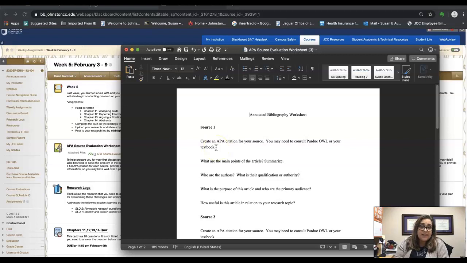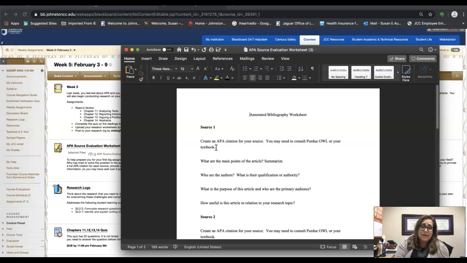So first it says create an APA citation for your source. You're welcome to use the citation generators with the databases. If you're going to use that or even something like EasyBib, I would caution you that many times it's an algorithm and they'll pick up parts of a citation, and then when they put it into the APA or MLA citation, it's not correct. So with each step of the way, I would check behind these citation generators. You're also welcome to form your citations yourself using the Siegel Handbook or the Purdue Online Writing Lab. They do have directions on how to format a citation there,